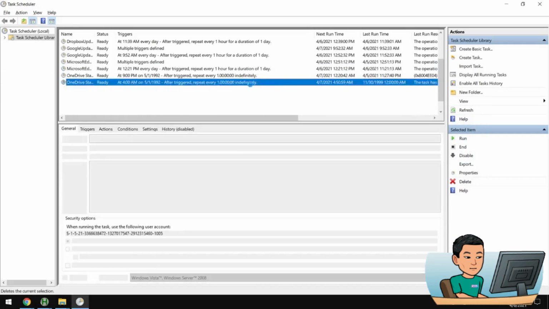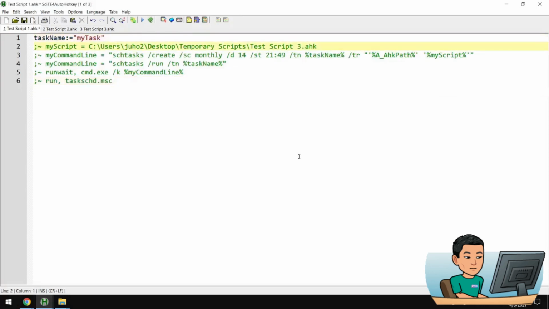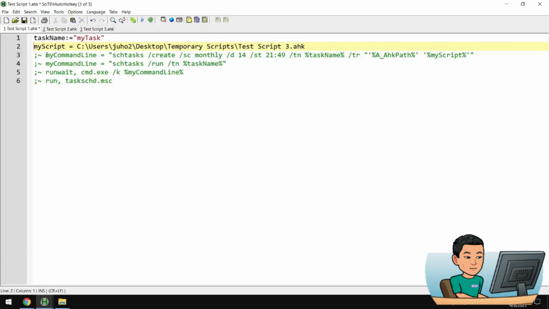Okay, so if you want to run an AutoHotkey script, you can use the same method. So you pass the path to the AutoHotkey executable and pass the arguments that point to your AutoHotkey script. So an easy way to do that is using this example. I've got the task name as my task, and then this is the path to my script. And let's see what's in there. Nothing. I'm going to call it make message box hi. Okay, so, and then you have the my command line, which